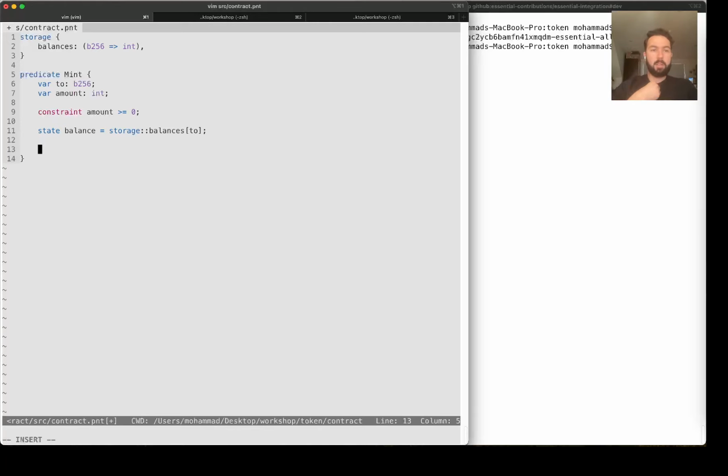So now that I have the balance, I can say, okay, I need the balance to increase by amount, right? This is what the mint predicate does. It basically creates some amount of tokens and then sends them to this particular address. And the way I do that is via this syntax